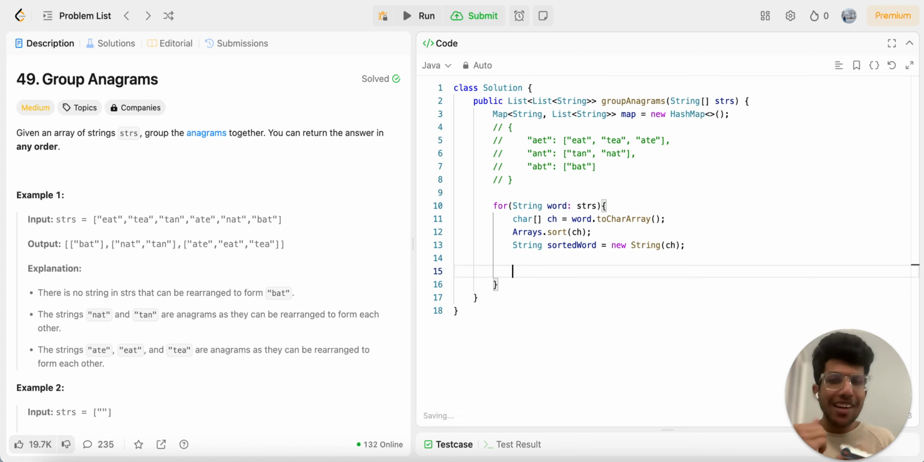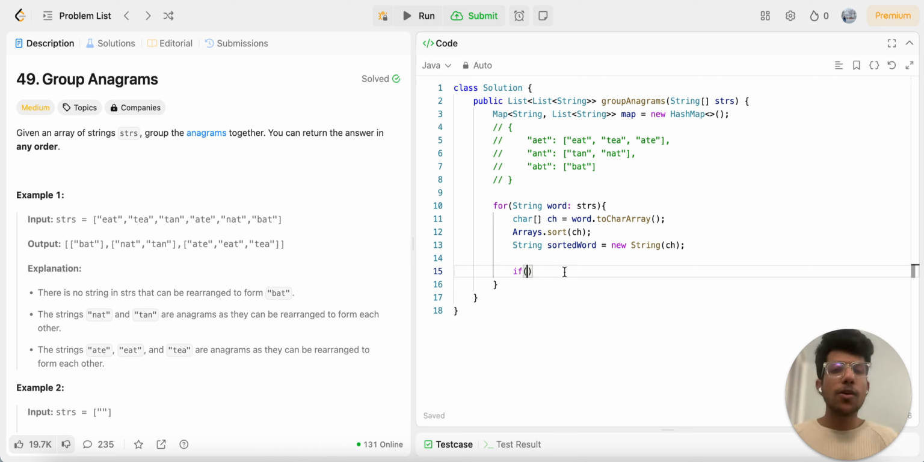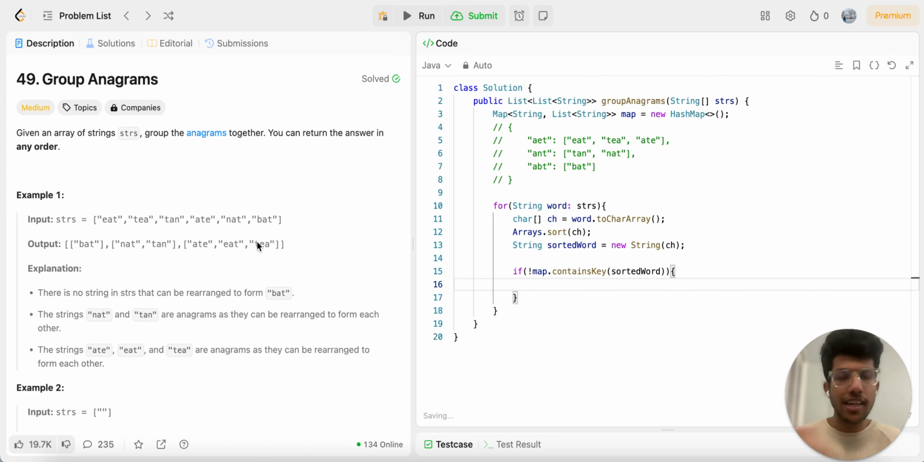Now I will check if that map already contains that key, right? Initially, our map is empty. But if I encounter another word and that key is already present, I will add it to that list. Okay, so let's do it this way. If map doesn't contain that particular key, then I'll put that word. So if map does not contain that key, like if that sorted word is not present in the map already, right? If it is not in the map, and initially it will not be in the map,